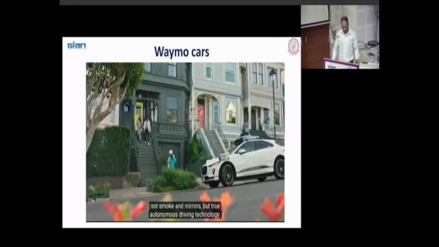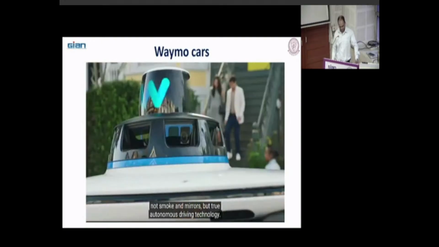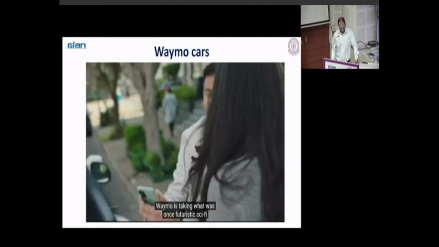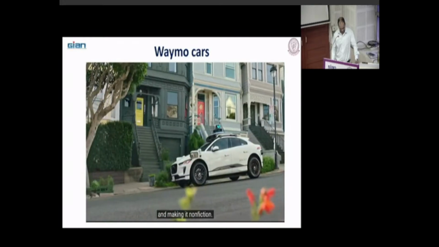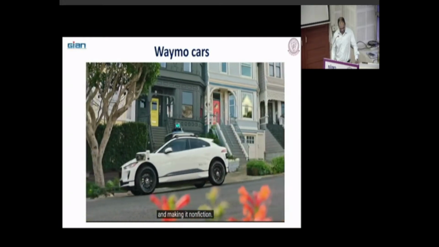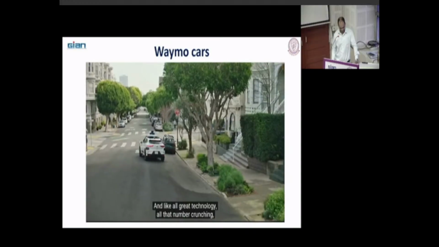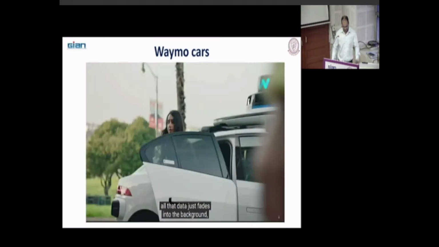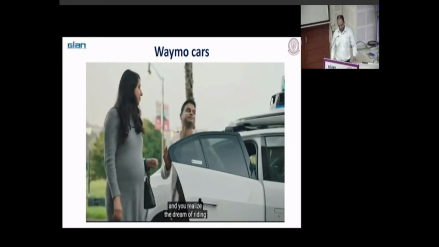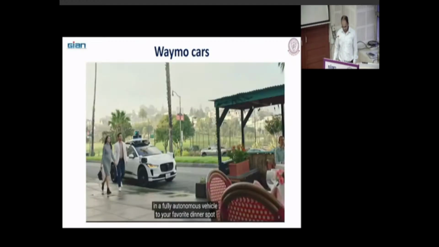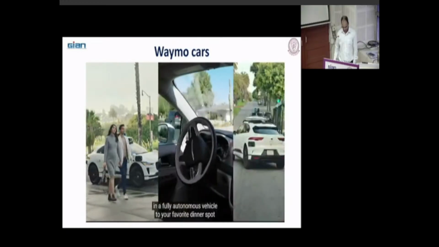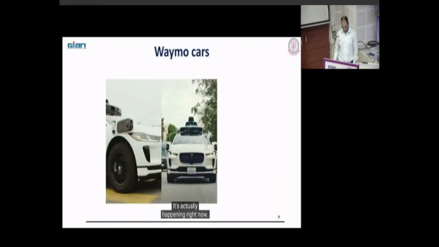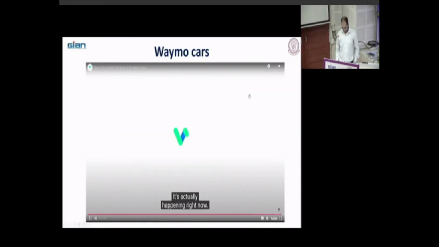Not smoke and mirrors, but true autonomous driving technology. Waymo is taking what was once futuristic sci-fi and making it nonfiction. And like all great technology, all that number crunching, all that data just fades into the background. And you realize the dream of riding in a fully autonomous vehicle to your favorite dinner spot isn't just a vision of the future. It's actually happening right now.